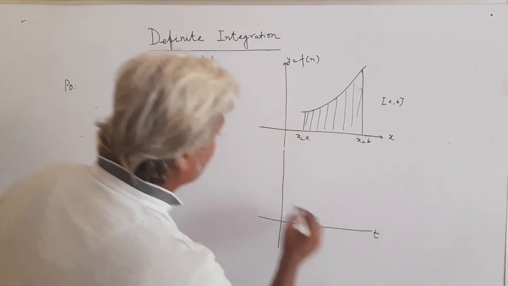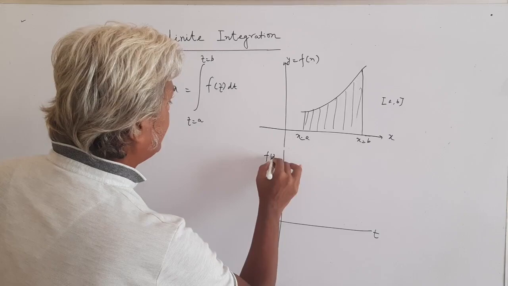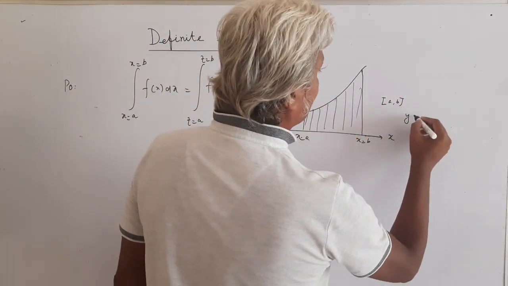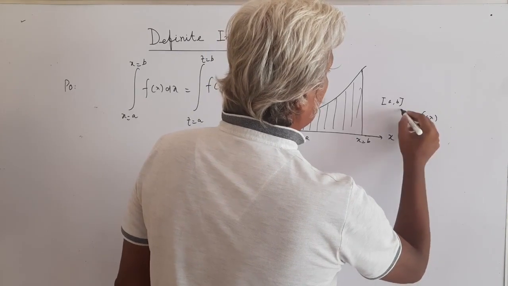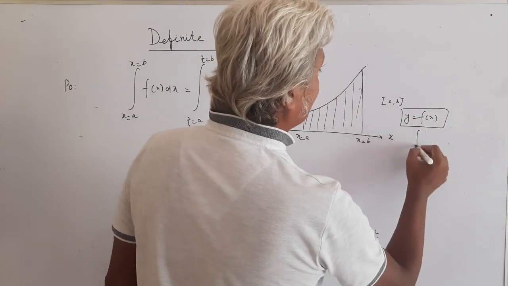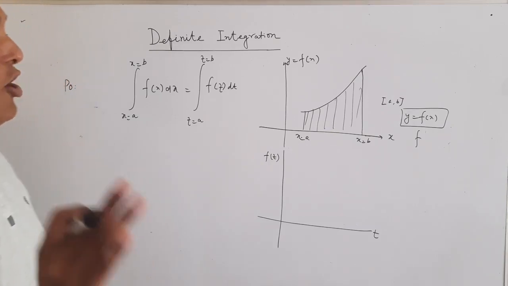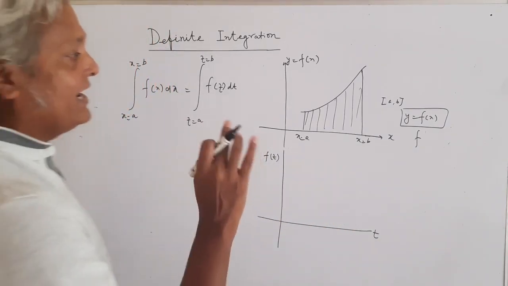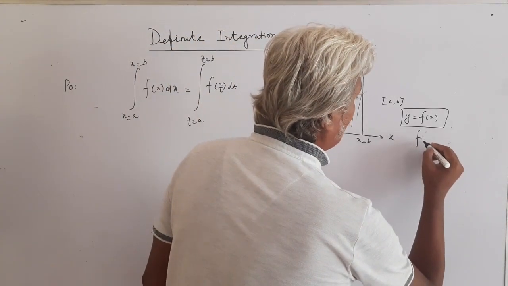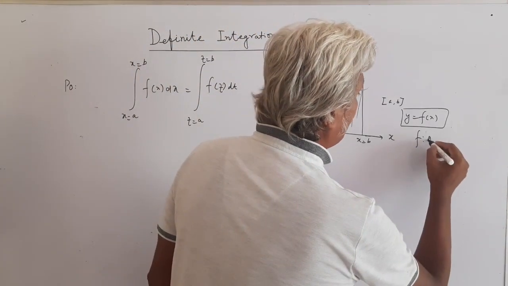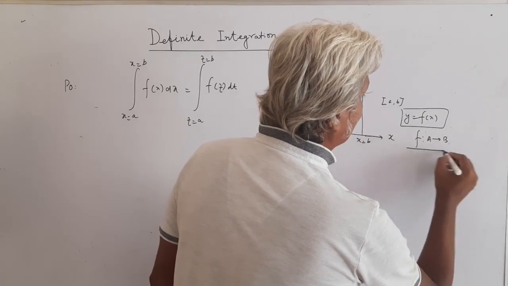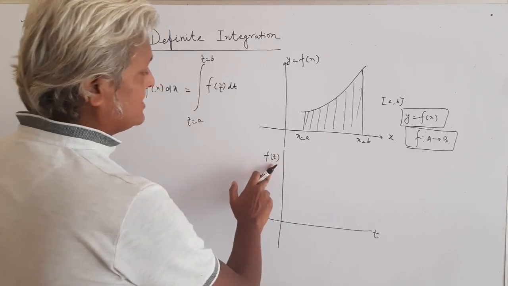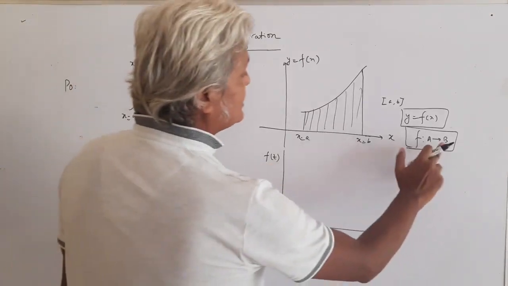Where the variable will be t and this is f(t), and we have the same function, because y equal to f(x), this f is not just any ordinary symbol or letter of the English alphabet, but it represents a relation or a function from a certain set of values to certain other set of values. So even if the notation changes to t, the relation remains the same.